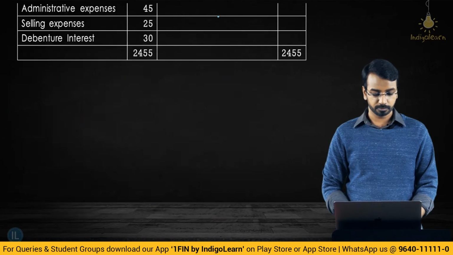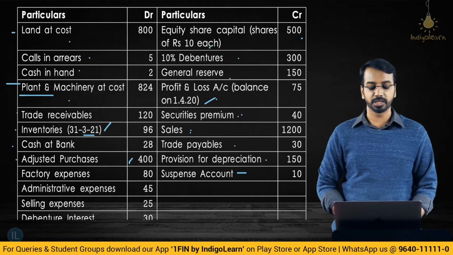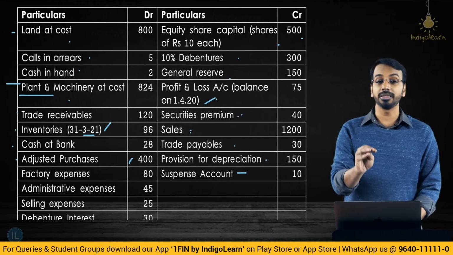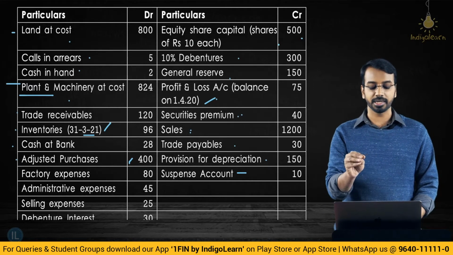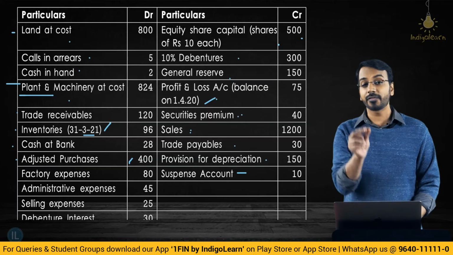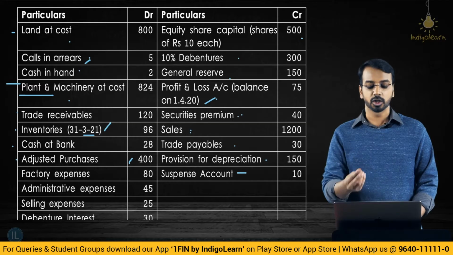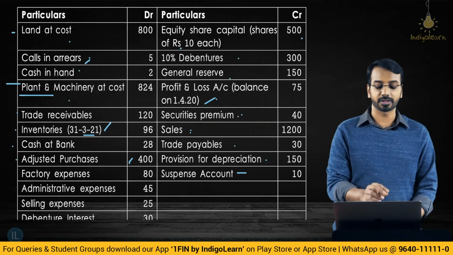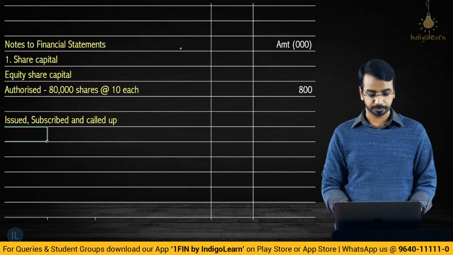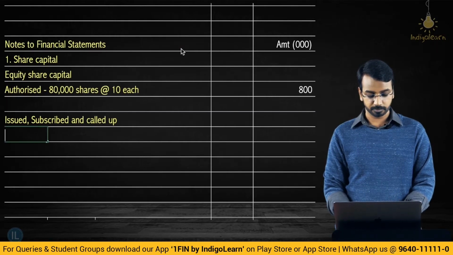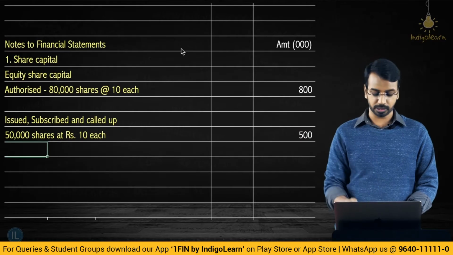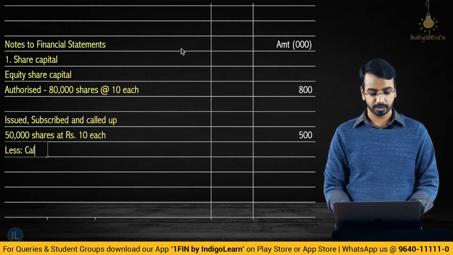So if you look at the question, equity share capital, shares of rupees 10 each, 500. So amount in the credit balance of equity share capital is 500. What does that mean? 50,000 shares of 10 rupees each. And then we have calls in arrears of 5. And out of that you have calls in arrears of 5,000 which you need to reduce, right. So 50,000 shares at rupees 10 each, that makes it 500, that 500 in thousands, that is 5 lakhs, less calls in arrears,